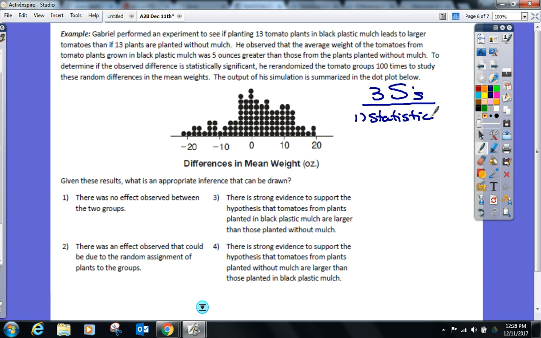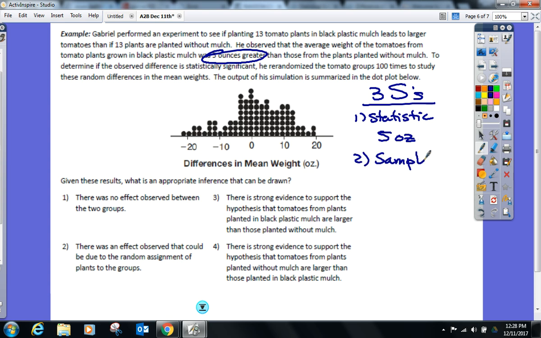Anybody read through the problem there? What's the difference in my means? The difference in the 2 types of treatment they gave. Read through the problem. It's there. Don't look at the graph yet. It is 5 ounces greater than the plants without mulch. So that's what I need to compare to the dot plot now. 5 ounces. The second S,